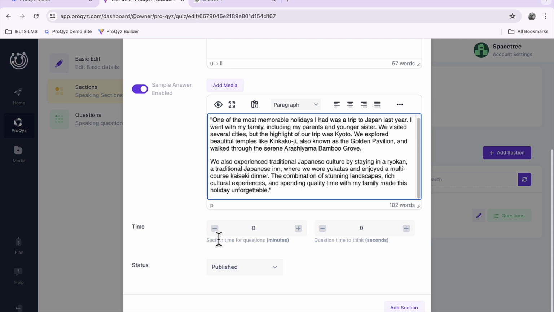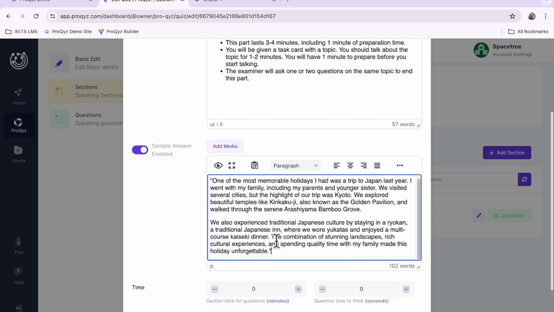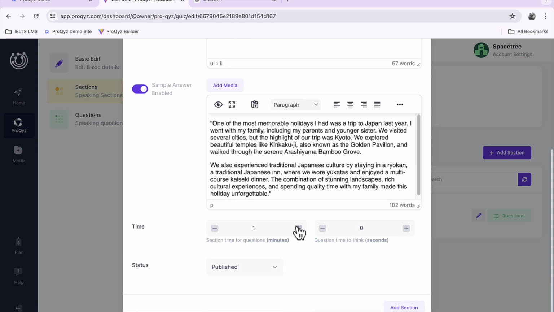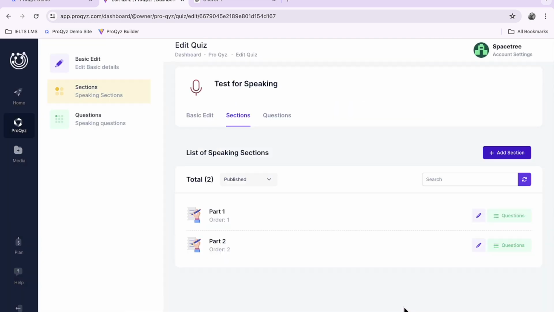Now, the time for this part 2 is 2 minutes. The students must speak for 2 minutes in this section, and they are allowed 1 minute to prepare their answer. So for time to think in seconds, let's put 60 seconds in there. Part 2 is a little different: 60 seconds to think about their answer, and then 2 minutes to give their answer. Let's add that. And then on to part 3